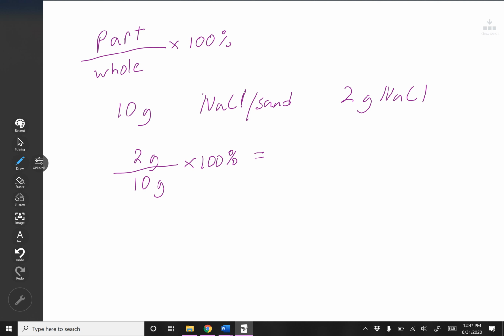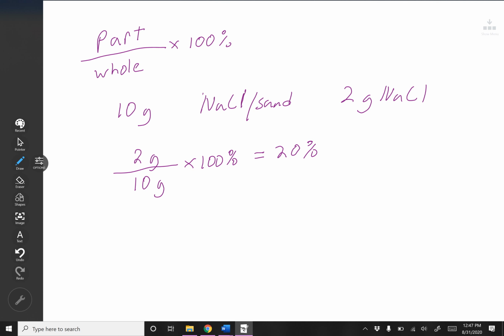And that will tell me the percent by mass. So I'll just say 2 divided by 10, of course 0.2, times 100%, which is of course 20. So my answer here would be 20%, which is easy enough to do in our heads, but that's how you do it. Okay, so it's always just the part